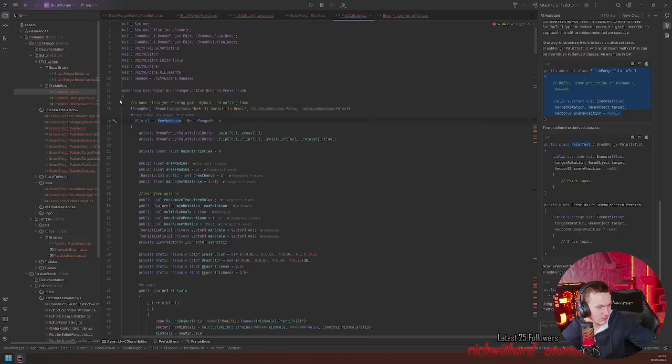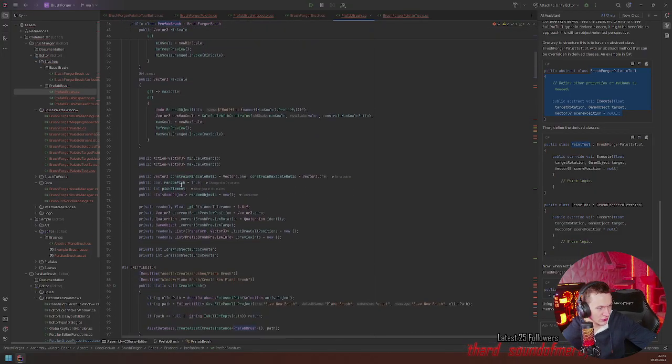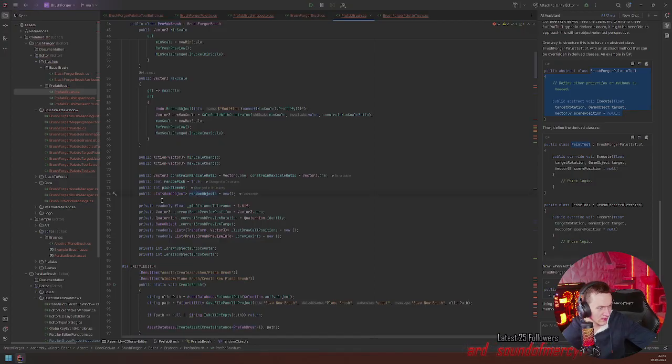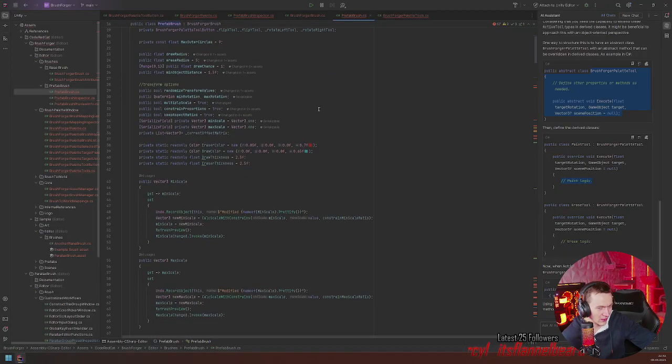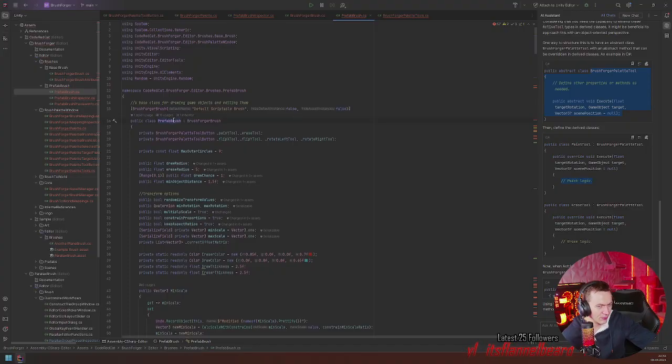Because only a prefab brush is going to have objects that you can draw here. I need to have access to this field. So we would need to write something like, hey, if this brush is not a prefab brush, I need to make a warning like, hey bro, I've no idea, this is intended to be for the prefab brush, for the prefab paint tool.